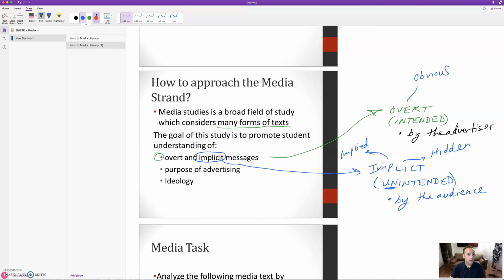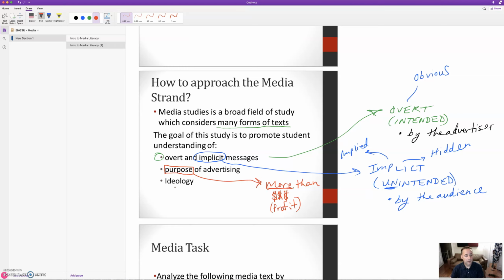And we want to think about what's their purpose. Okay, purpose of the advertising. Okay, this is very important. It's more than just profit. Okay, it's more than profit. And we'll come to that. What is the more?